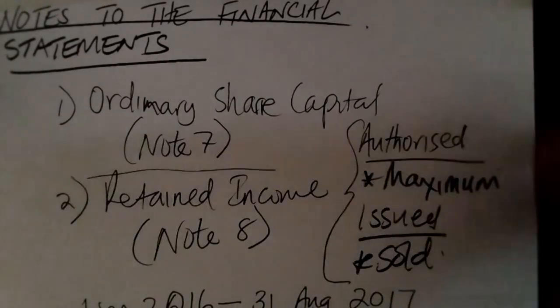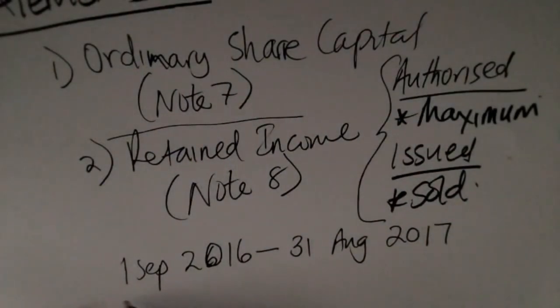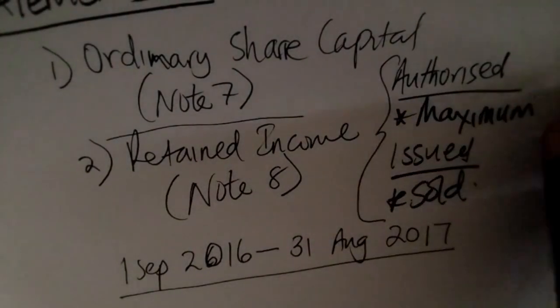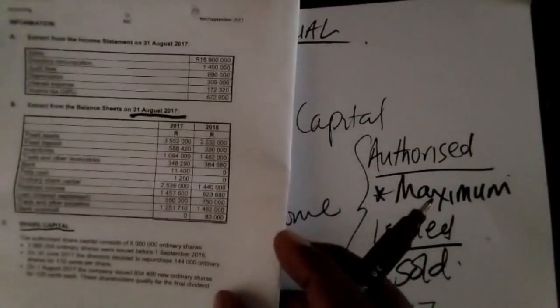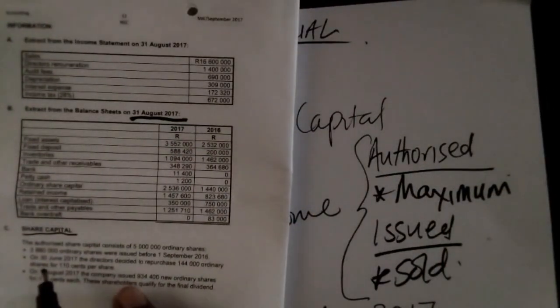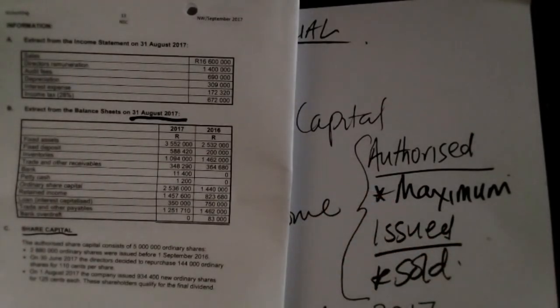This is the accounting period that we are dealing with. Okay, so what do they say? They say the 2,880,000 ordinary shares were issued before the 1st of September, which means at the beginning of the year, the share capital was